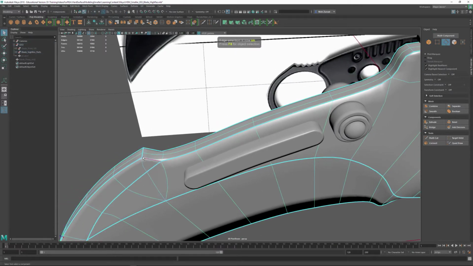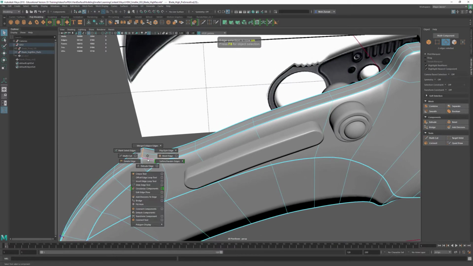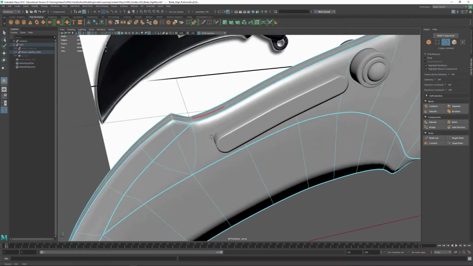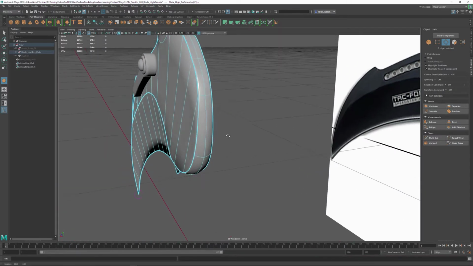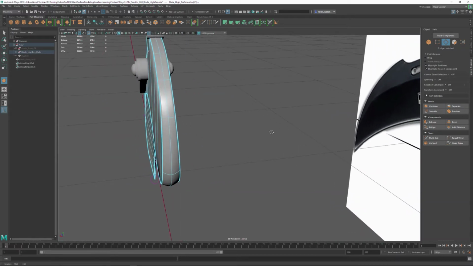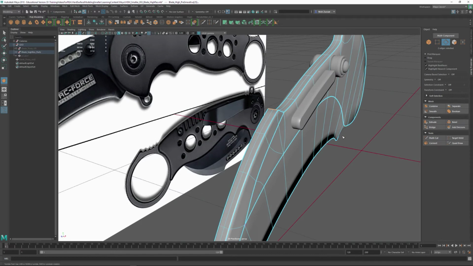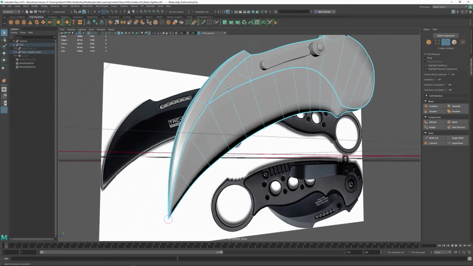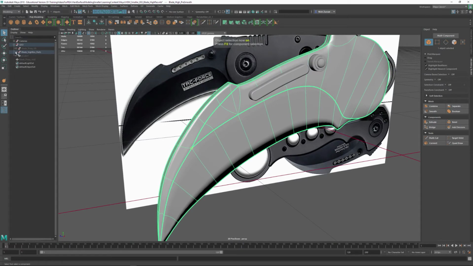So if I select F10 and select these edges and shift right click and say Crease Tool, you can see if there's no holding of that edge, it was kind of rounded like this, and then we middle mouse drag to the right. We can do something like that, right? And so we got a really nice, pretty clean shape that was made for the blade, like this. And then after that's done, you can create another version of it, and I would just hide this,